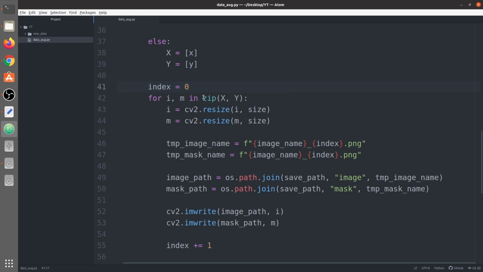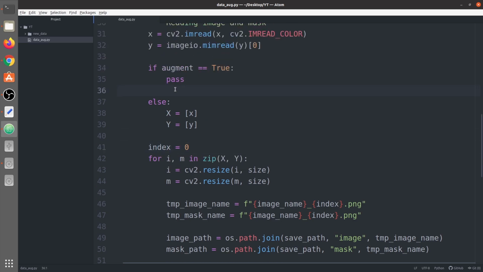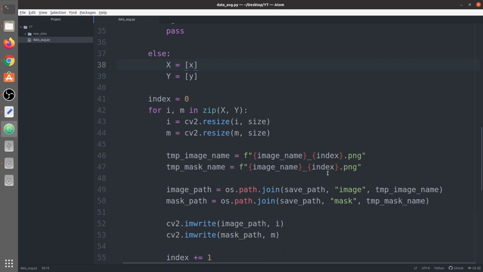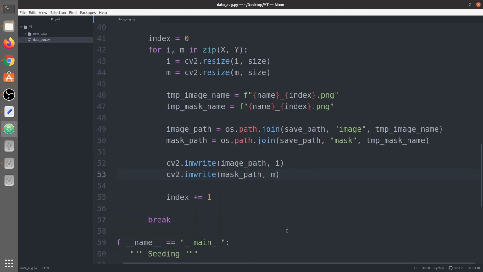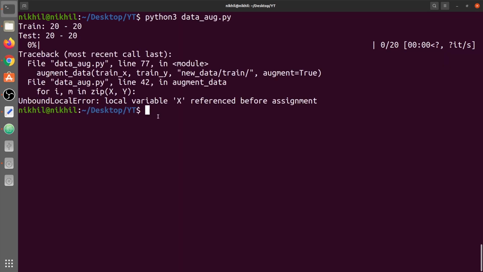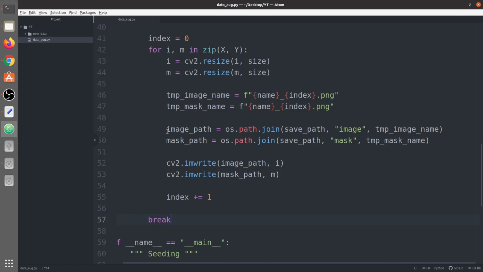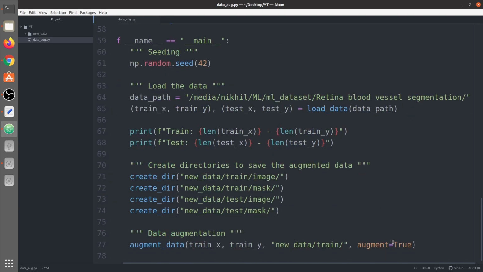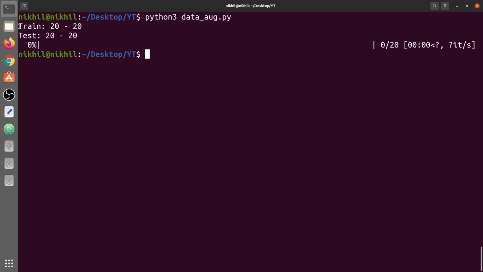Because within this data, when the data augmentation is there, it would be like x1 will also be there, x2, so we would have multiple images. So we cannot give every image the same name. That's why I've added an index variable here. So now I'm going to run this part and we're going to keep this break statement here. We have some issue and I think it's because the argument is set to be true, so we're going to set it false and run it again.